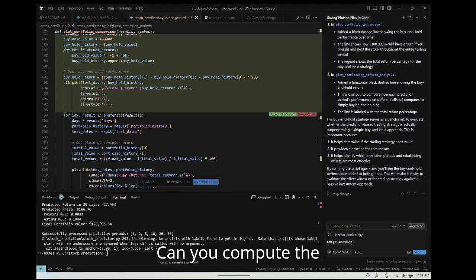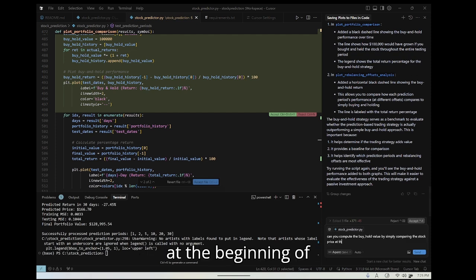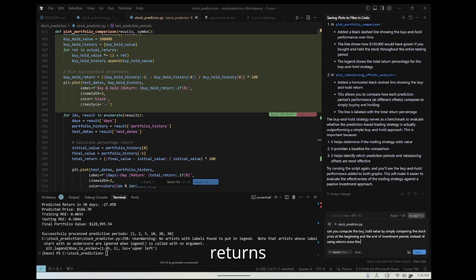Can you compute the buy and hold value by simply comparing the stock price at the beginning and the end of the investment period, instead of using returns, since the returns don't have the same frequency, or let's say the return depends on